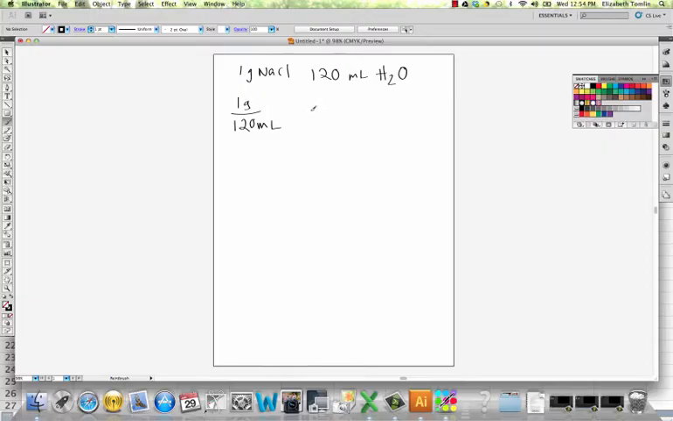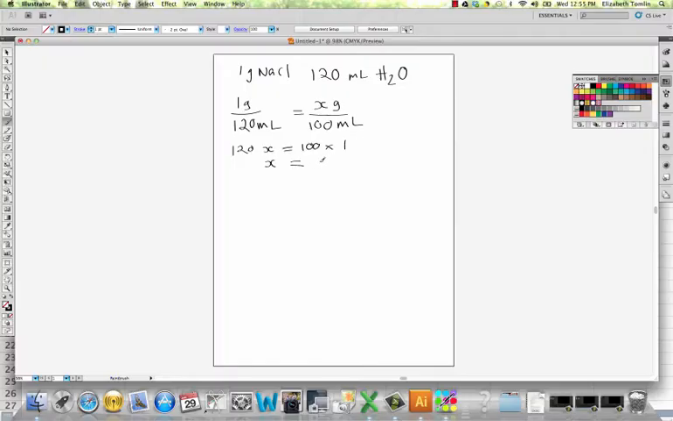So the easiest thing to do is to first convert it to grams per 100 mils. So we can say that 1 gram in 120 mils is equal to X grams in 100 mils. And then just cross multiply and solve for X. So this is pretty straightforward. So we get 120 times X equals 100 times 1, and X is going to equal 100 divided by 120,